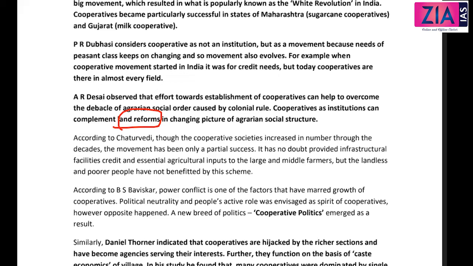If cooperatives are there, if you can implement cooperative farming, then they can also get the benefit out of it. Otherwise they will have to stay small, and I told you already, once you start staying small, it is going to be very difficult for you to survive. Guys, you cannot stay small. Even if you are doing a business, you should never stay small, right? As long as you stay small, it is a cost that you're paying, even though you have some limited products, you try to be at the top.